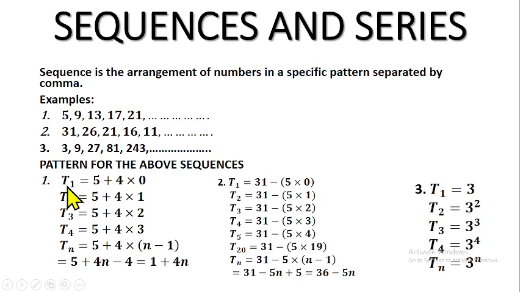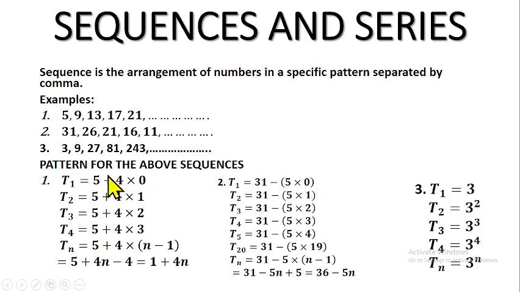Now, this T1 you have here means first term. Let me explain. Look at this sequence you have here. The position of the first number, where it's sitting, is called the first term. The second one is called the second term, then the third term, fourth term, fifth term, up to the last term or end term. So how did they get this T1? The first term is gotten by 5 plus 4 times 0.